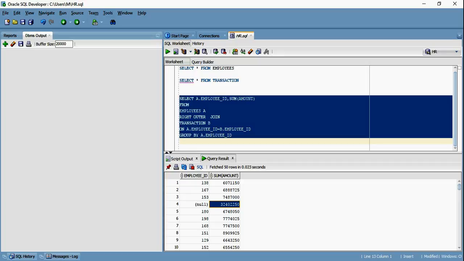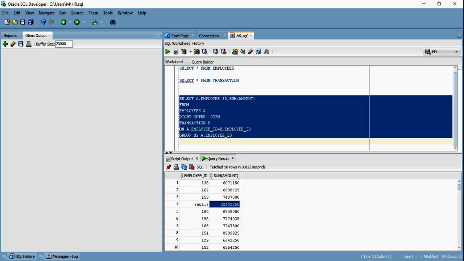So we don't want to drop the business done by him or by such employees, because otherwise, if I have to project my revenue, say there is a quarter end and I have to publish the actual revenue generated by my employees, and I don't consider the right outer join, I will drop this particular amount and it will be dirty data. It will not reflect the actual revenue earned by me, and I can have audit issues. So in such cases, I'm going to use right outer join to project the correct amount of revenue,